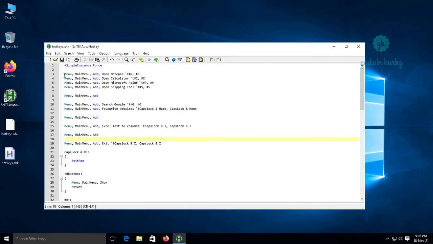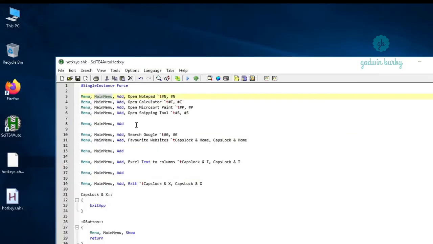So to create a sub menu, actually what we are going to do is we're going to create a sub menu which will encompass, or which will include all these application keyboard shortcuts in it. Let's call that sub menu favorite apps sub menu. Favorite apps sub menu. So we're going to change that main menu to favorite apps sub menu. We're just changing the name,